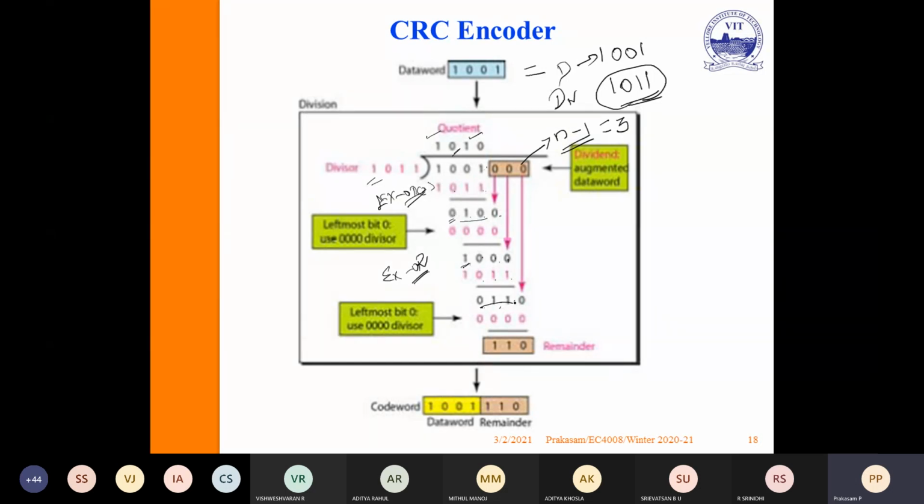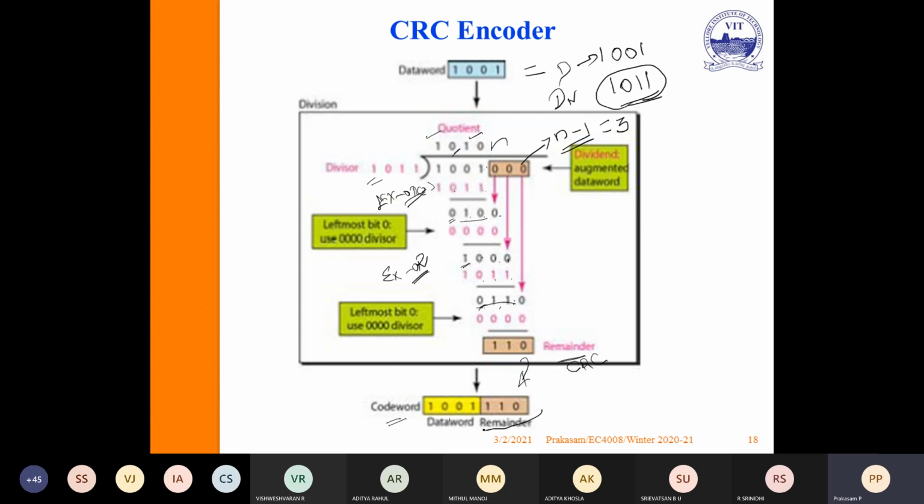Now this is the remainder. I am bringing this 0 here. So 0, 1, 1, 0. Since the first bit is 0, that is the uppermost is 0, I am multiplying with 0. So 0, 0, 0. This is 1, 1, 0. Now this is the remainder. This is the CRC value. So along with the data, I am affixing this remainder 110 along with this data. Then that is called the code word.